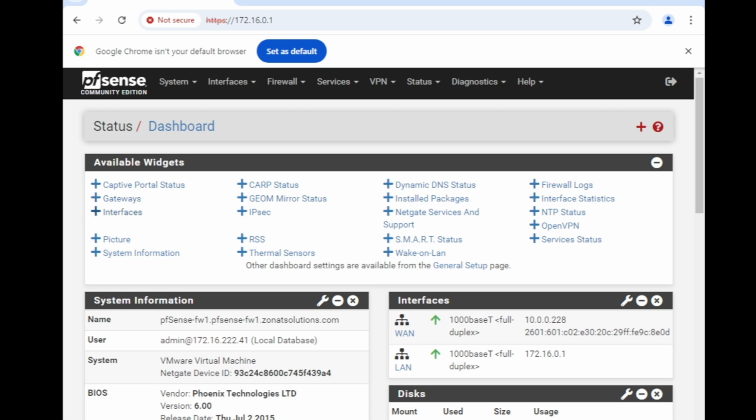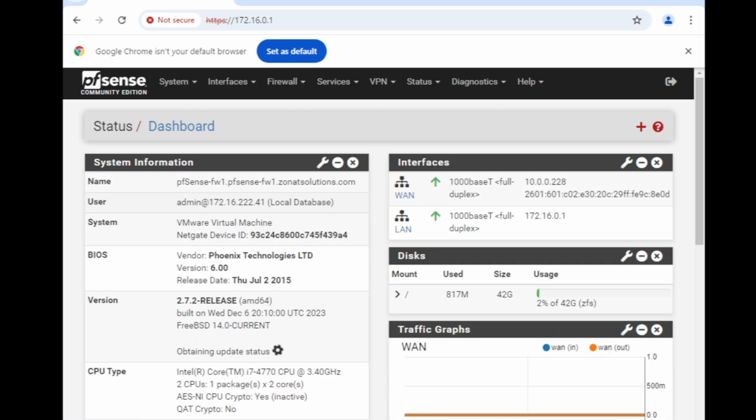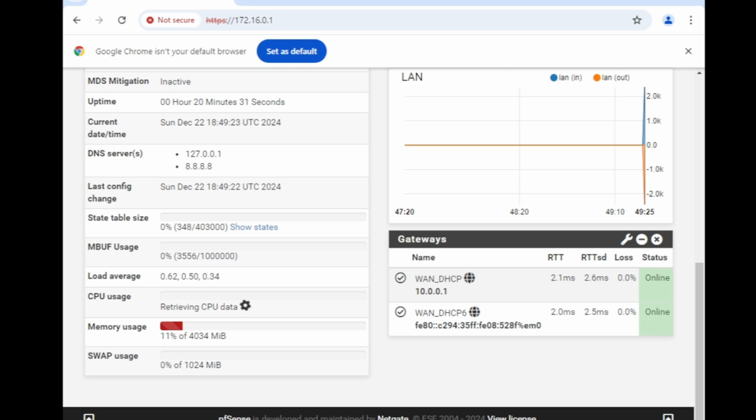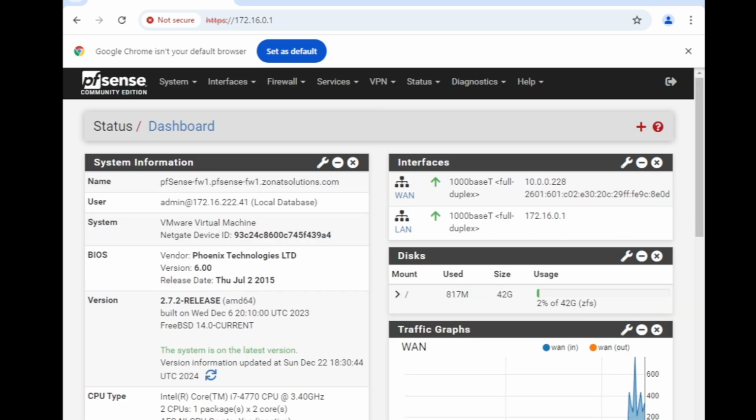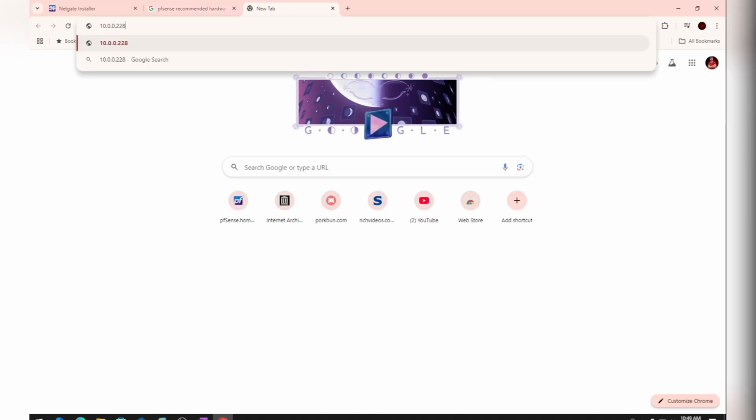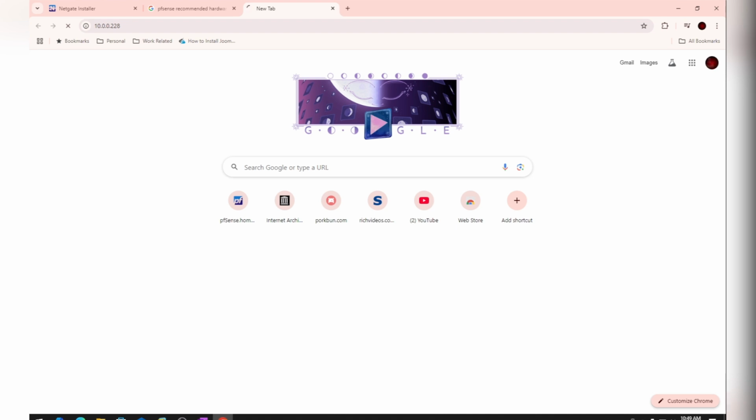Like gateways, and whether gateways are accessible or not, things like that. So you can see the DHCP for the WAN. Okay, and what I was showing you was the IP address of this one. Remember, we kept block access from WAN. So if somebody has this IP address, or even if I have this IP address, let me try connecting to this with my computer. It's going to keep loading,